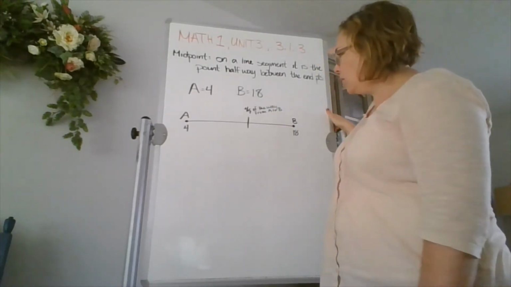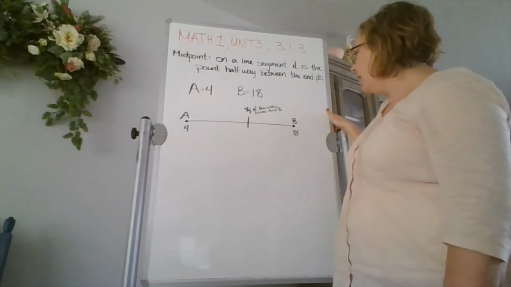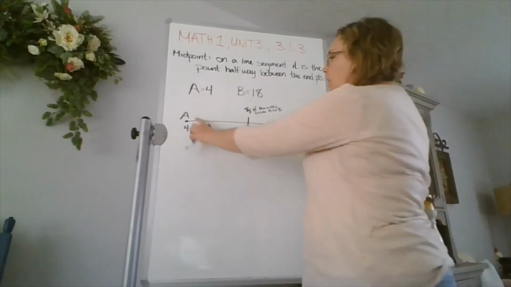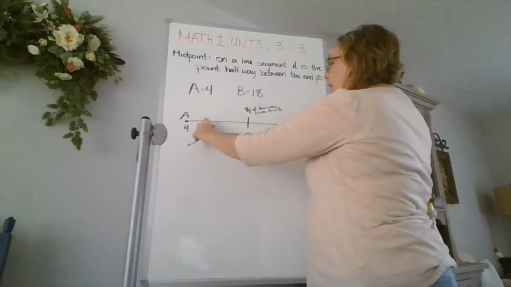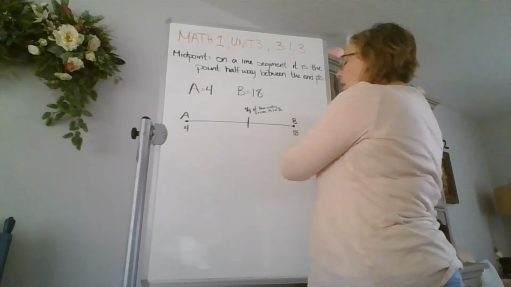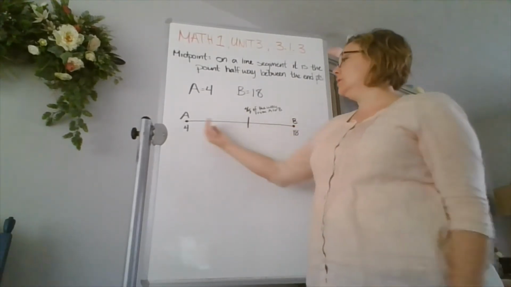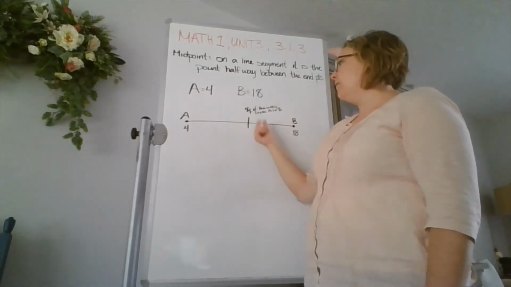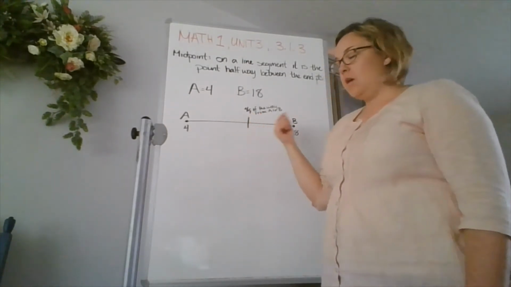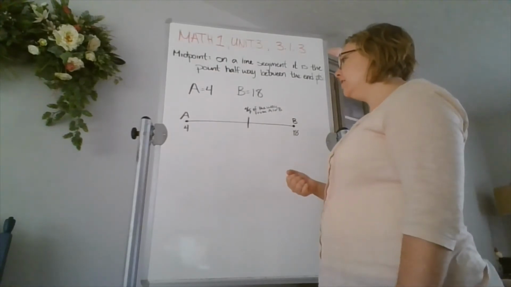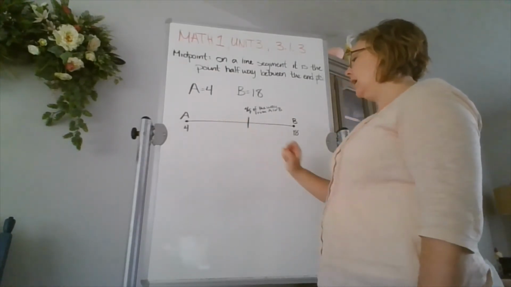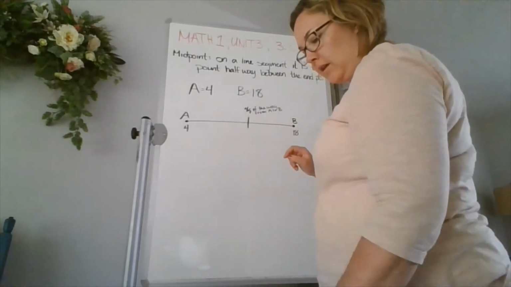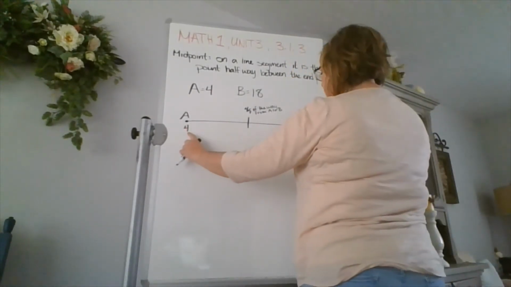That's a very good question. It's something to think about. Well, there's more than one way to do it. You could draw all your little lines in between. You could go 5, 6, 7, 8, 9, 10, 11, 12, all the way up to 18. And you could separate this into equal segments that way and find out what 4/7 of it is. If you're not fond of drawing all those little lines and counting up how many segments you have to find 4/7,